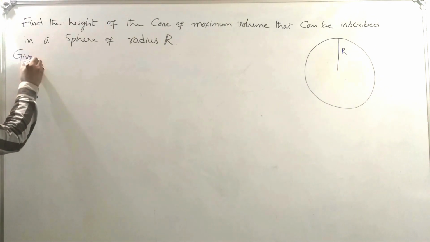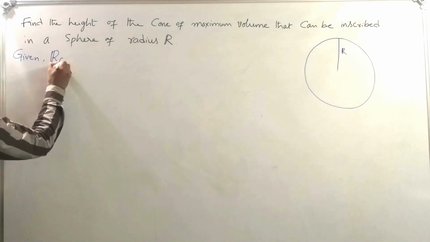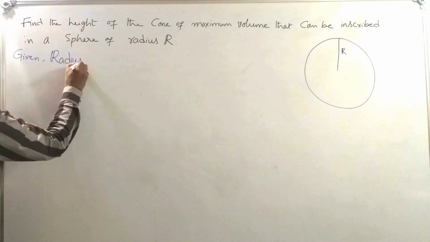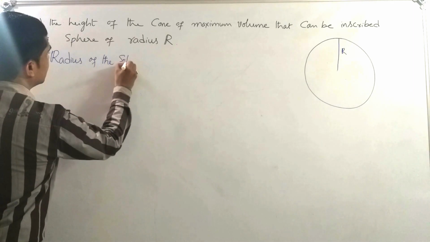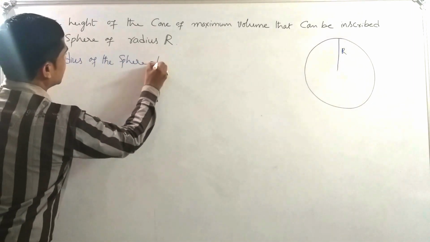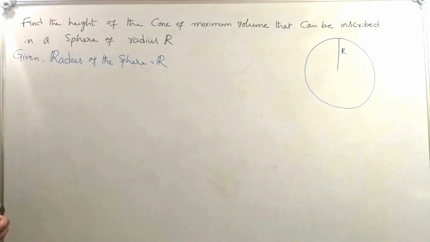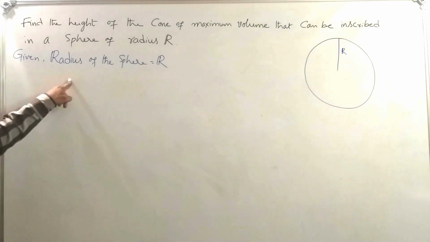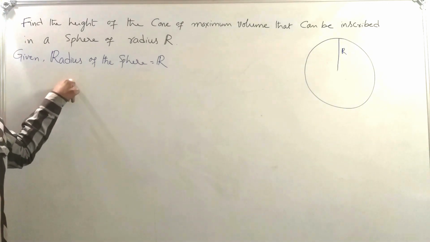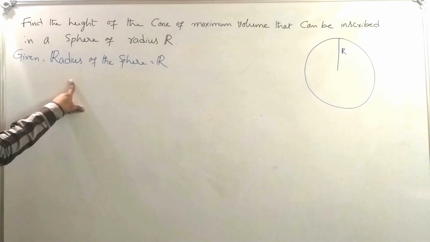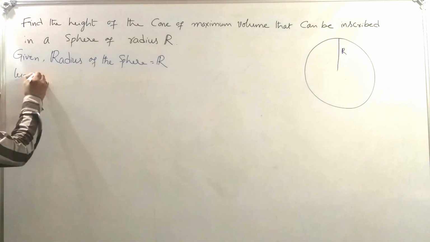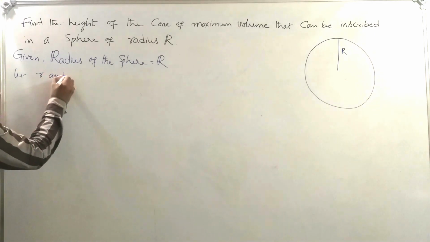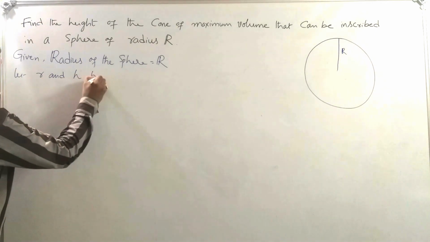Given the radius of the sphere is equal to capital R. Now I want to consider small r as the radius of the cone and small h as the height of the cone. So let small r and small h be